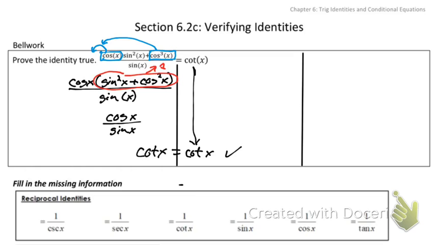You can write sine squared in terms of cosine, because sine squared equals 1 minus cosine squared x. So you could replace this sine squared with 1 minus cosine squared. You can do that anytime. So rewriting this one, we would have cosine x